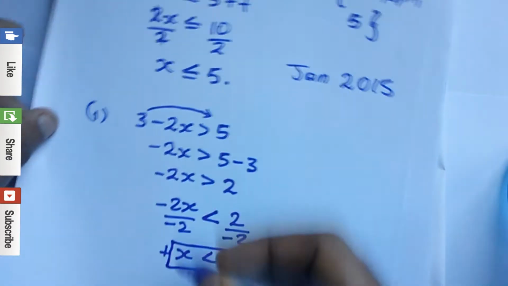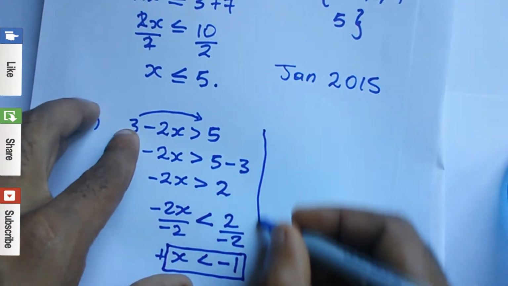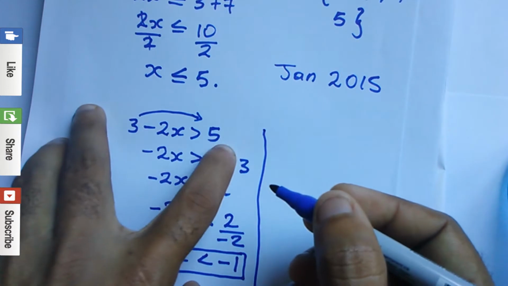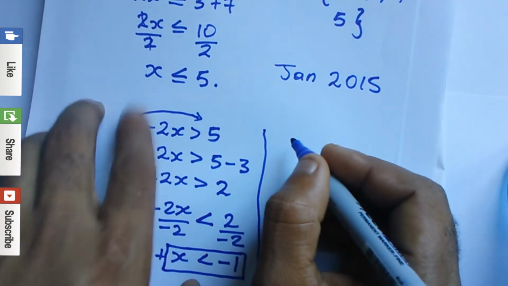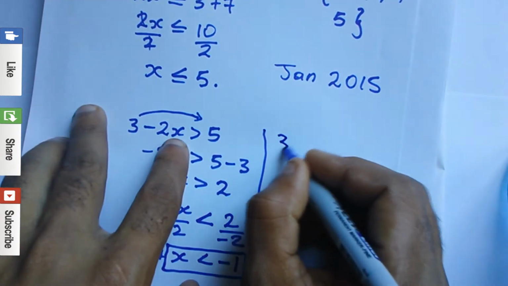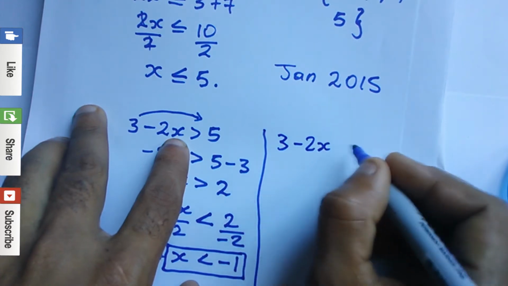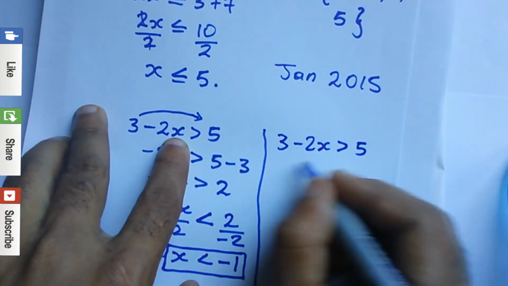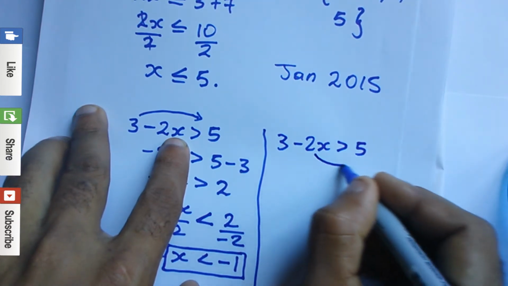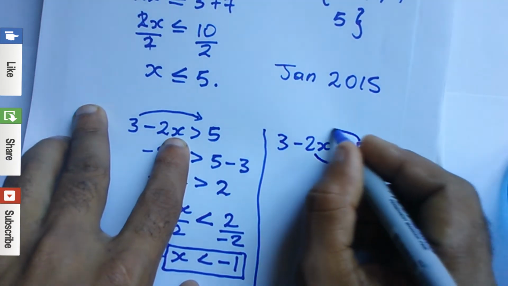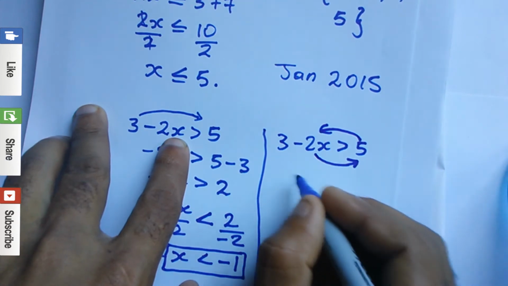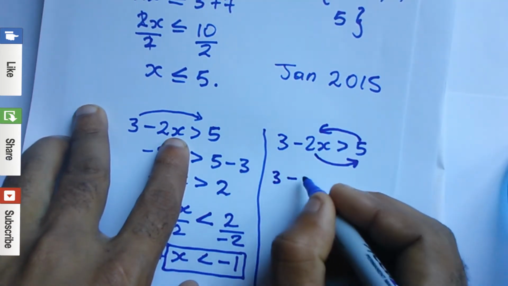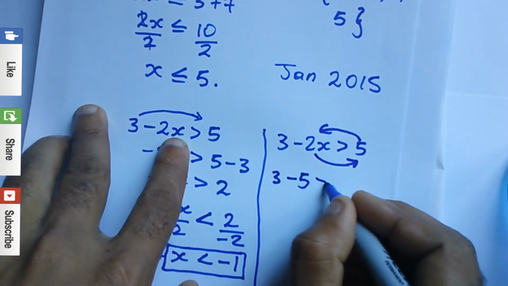So this is just one way in which you could solve the question. I'm going to solve the question a different way, in which I'm going to bring the negative 2x over to this side, and bring the 5 over to this side. So I'm going to have 3 minus 2x greater than 5. I'm going to bring this minus 2x over this side, and bring the positive 5 over this side. So I'm going to have 3, this positive 5, when it comes over, it's going to turn negative 5 greater than